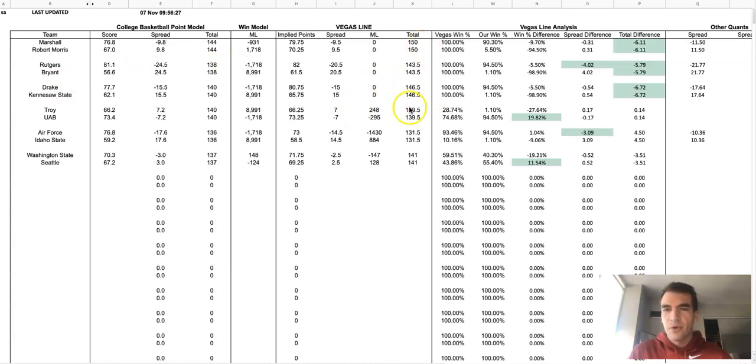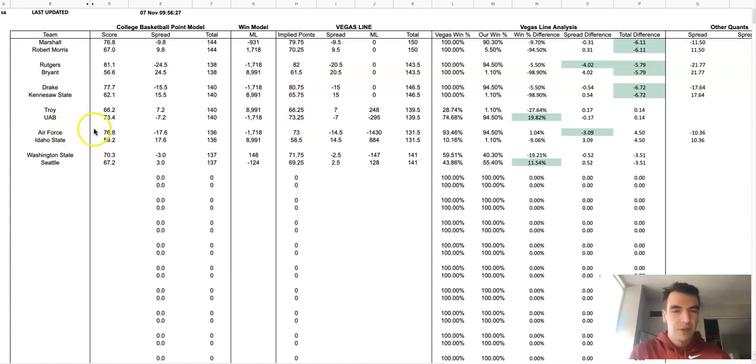And then Vegas's total, and then it creates an implied points. And how I'd use the implied points versus our score is eventually I will have more confidence in the total, and you can use this for DFS. So, for instance, if I had confidence in this, then I could say, for instance, let's go down to